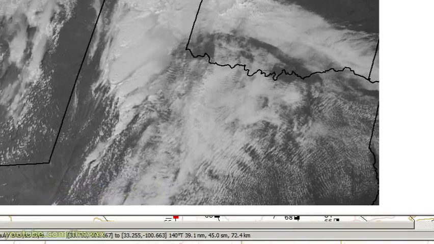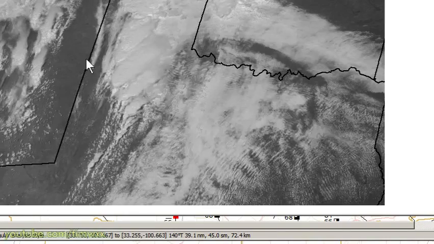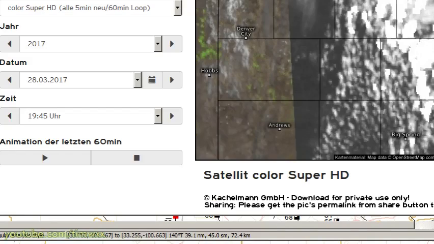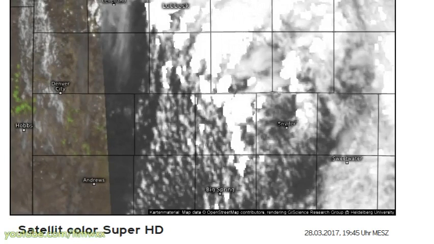Here's a quick look at the visible imagery. That's showing the storms developing along that little front. This is the GOES-R data, GOES 16. A little bit messy here, but let me see if I can go back to just when these storms developed. That might be kind of cool to look at. I'm going to bring this back to,